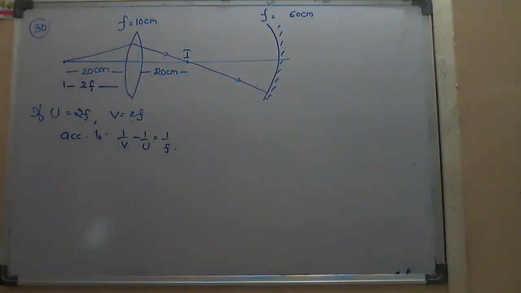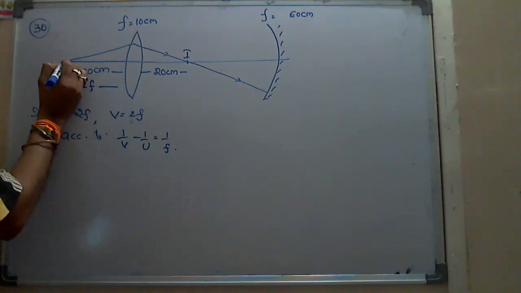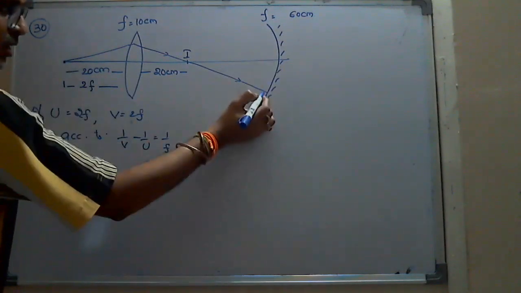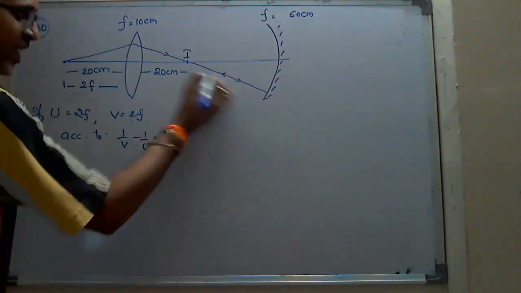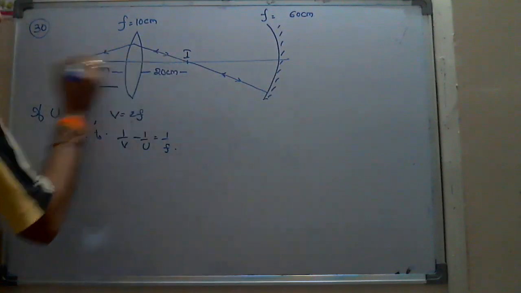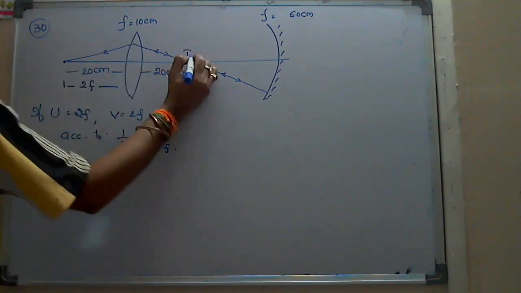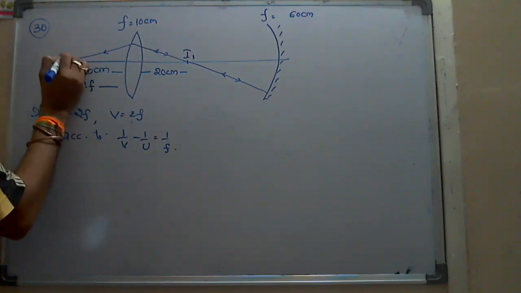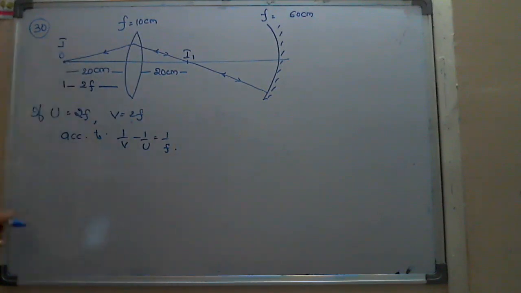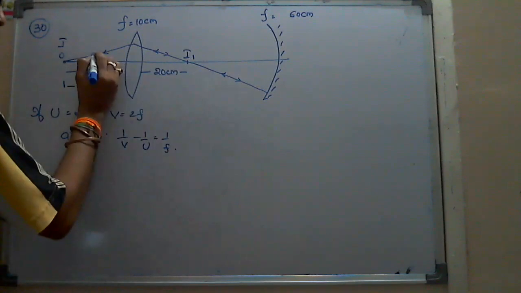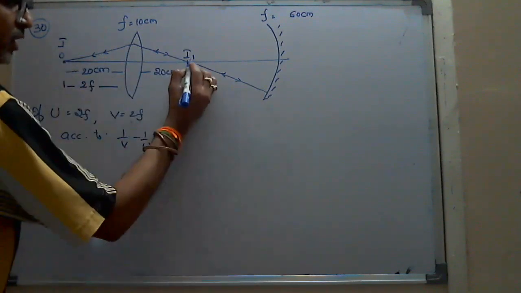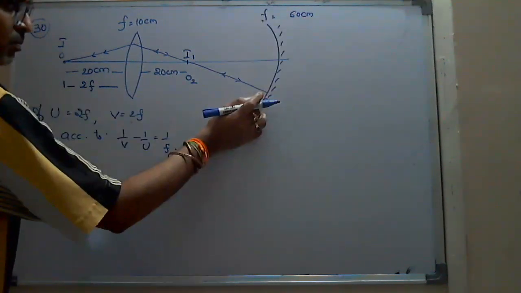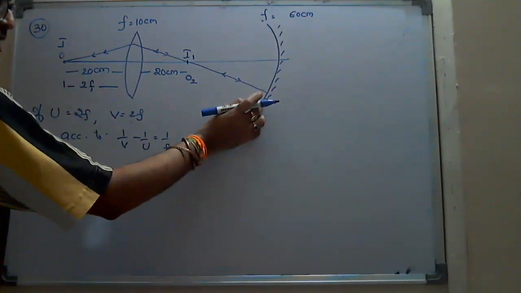And here the image will be formed there only, means the light rays which are incident on the mirror should again retrace their path. Then only the final image will be formed. This is actually the image of the convex lens, I1. So the object and image should coincide, that is what he is asking. Means the light rays should retrace their path. Retrace their path means this image will behave as the object for the second one, the mirror.